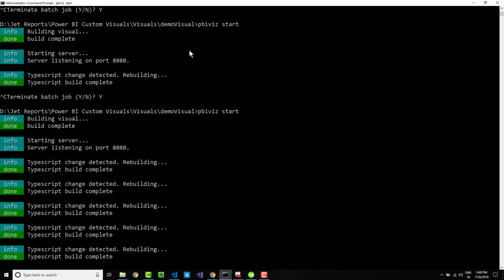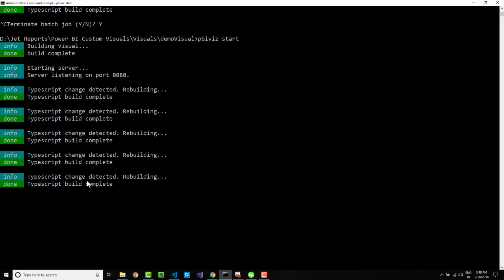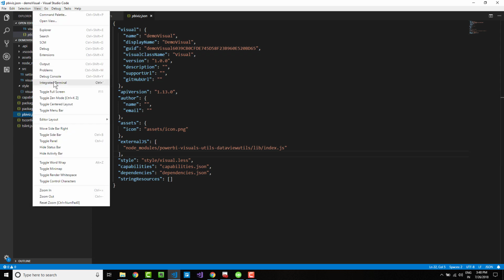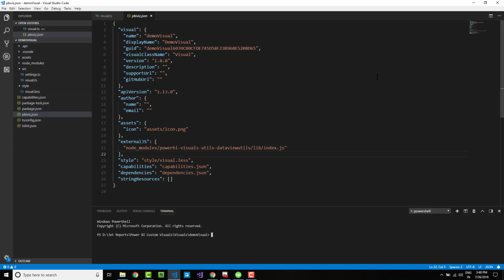If you see here, our command prompt is already running, like it is already serving up the files. So you're basically blocked from entering any of the commands here. So what you can do is stop this command prompt and go to your View and go into Integrated Terminal. The integrated terminal opens with the default folder where your project is hosted, and you get